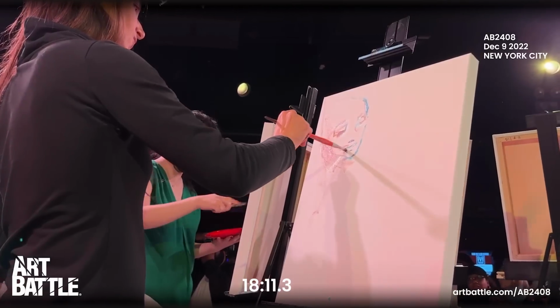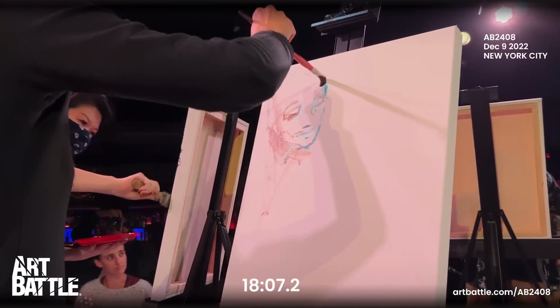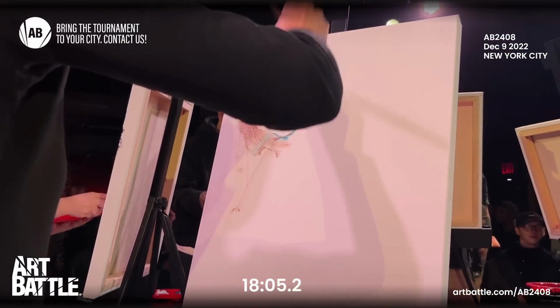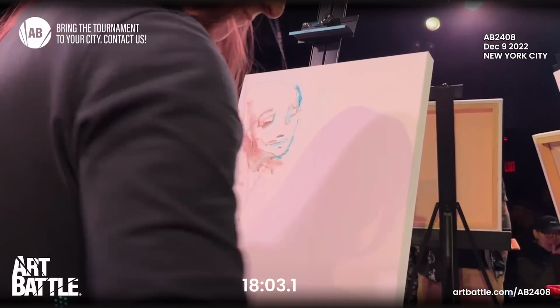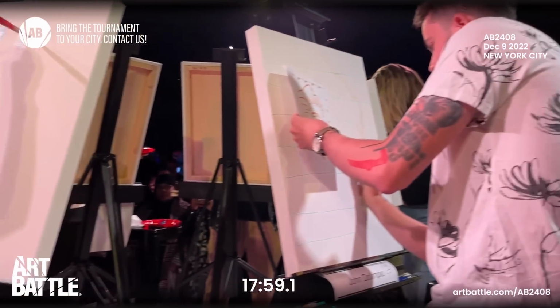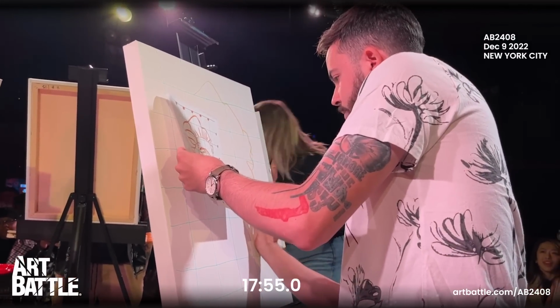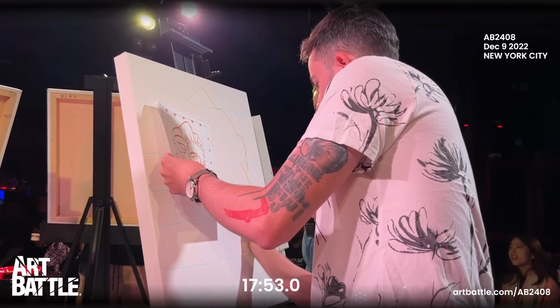We can see that Tanya is working on a face in the top corner of the canvas, so potentially a little bit challenging in terms of composition, being that there's a lot of canvas to cover, and usually we see portraits that are taking up more of the canvas, that are very expansive, so it'll be interesting to see how